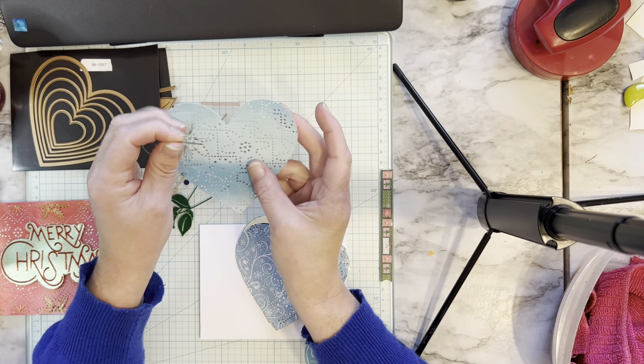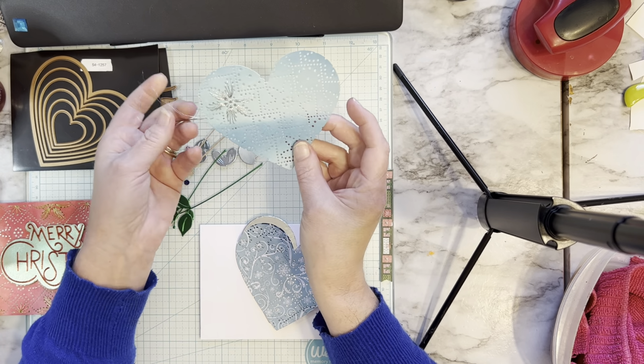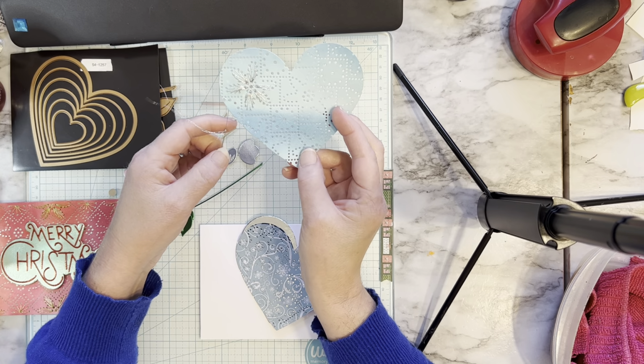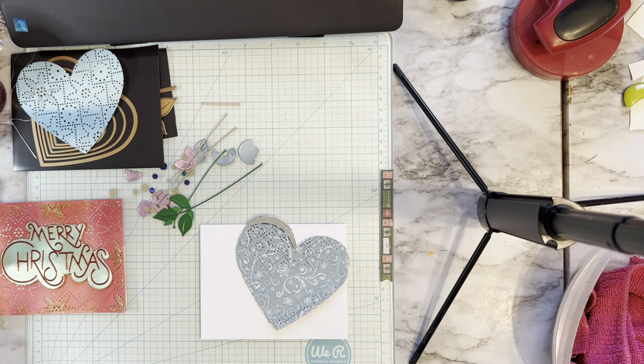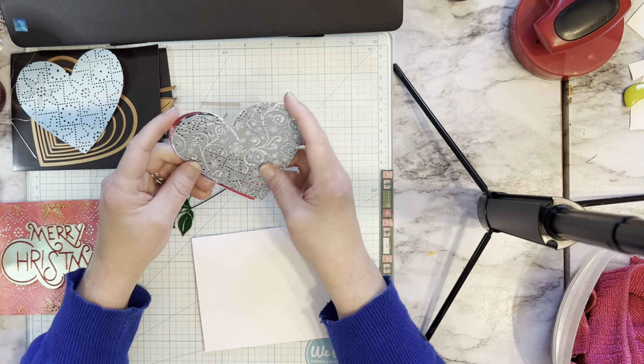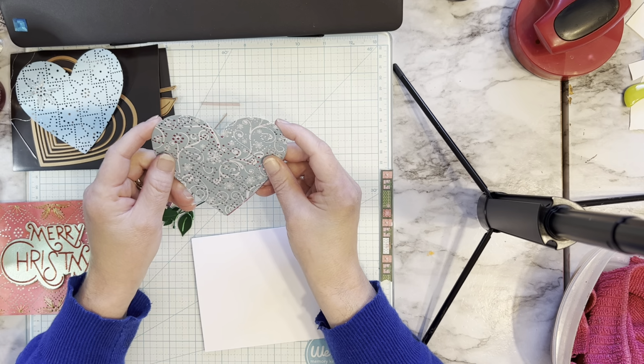And yeah, I still have a hole that needs to be poked out. So I did that. So I wanted to show you what else I'm working on. And then I came up with another clever idea as well, another heart. And instead of stitching,